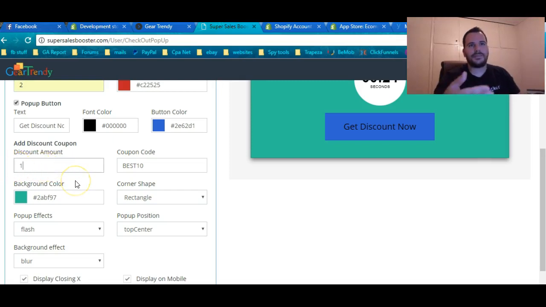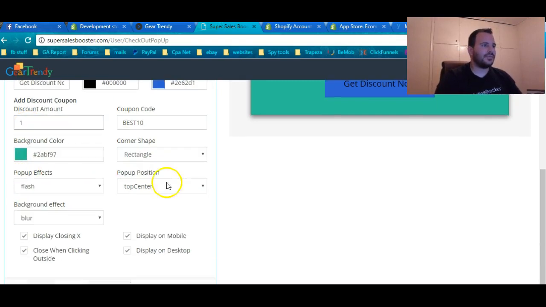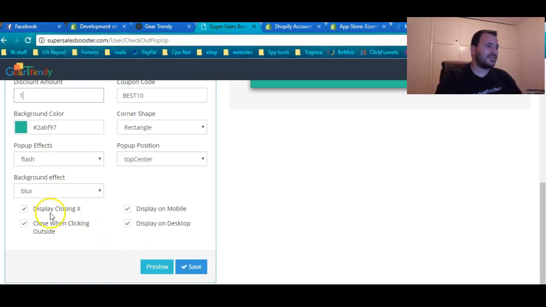This is for Shopify Plus, because for stores that are on Shopify Plus and above 25K, we will have a little bit different stuff, where they can actually create the coupon from here, just to save you 30 seconds, but it takes one coupon to be created. Mobile, desktop, I mean,